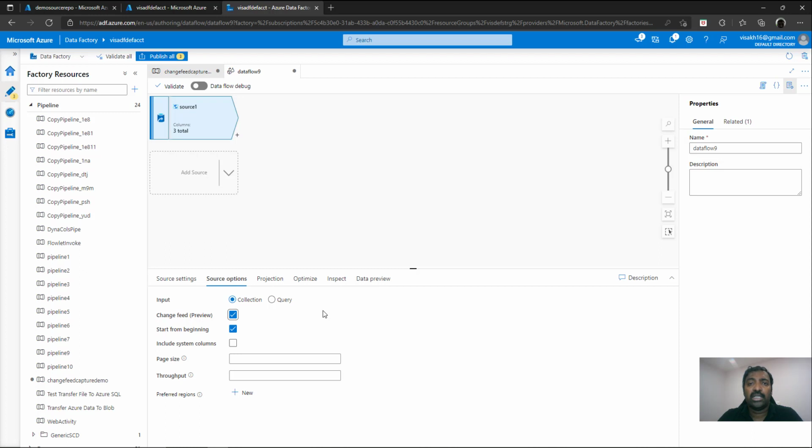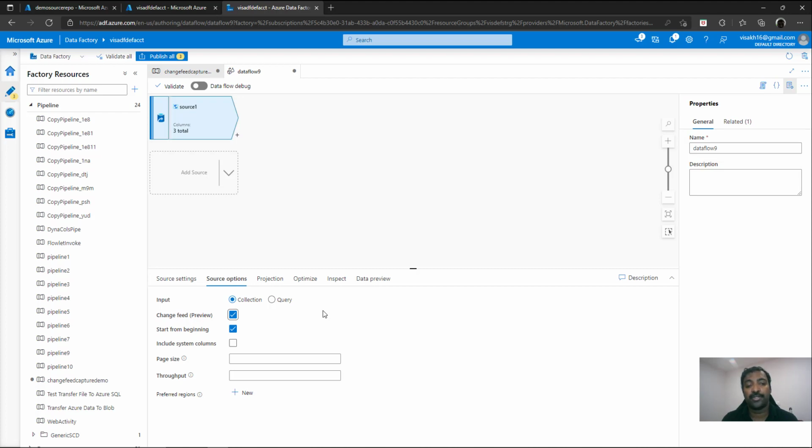It will start pulling the data as transmitted by the feed capture, and the start from beginning setting will ensure that before it starts the actual transmission of changes, it will take one snapshot of the Cosmos DB as it is now, and it will apply it to your ADF pipeline, so that you will get this data which will be stored in your SQL database as on the starting of this activity. Any further changes will be continuously captured by the feed capture, and it will be brought into your table by